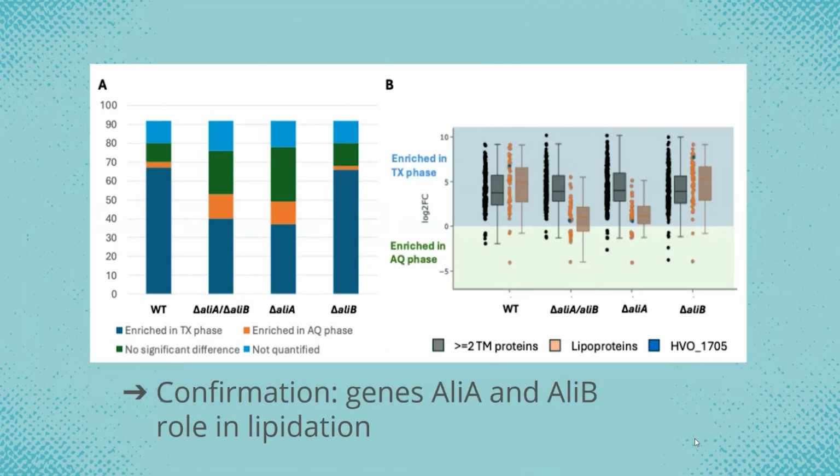One of the important things when doing a study like this is establishing a baseline. So these numbers are the foundation for this type of study. We have confirmed here that knocking out, through the wild type, both knockouts, AlbA and AlbB separately, confirms the genes AlbA and AlbB and their role